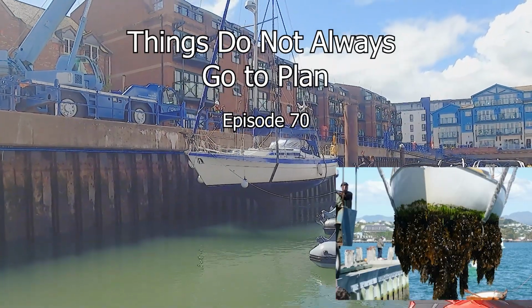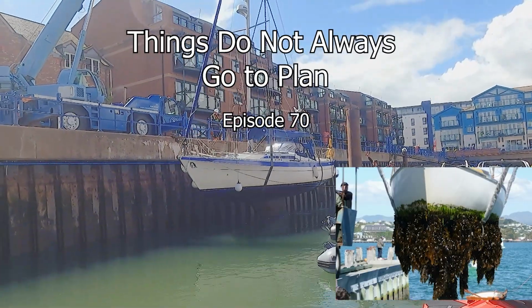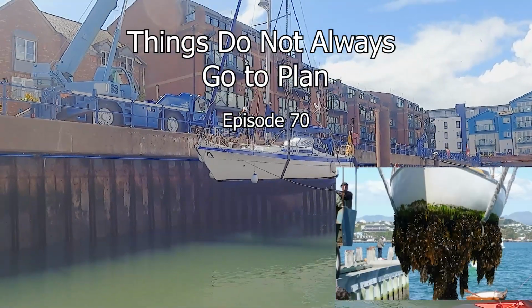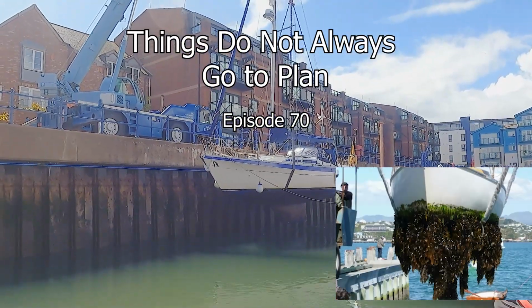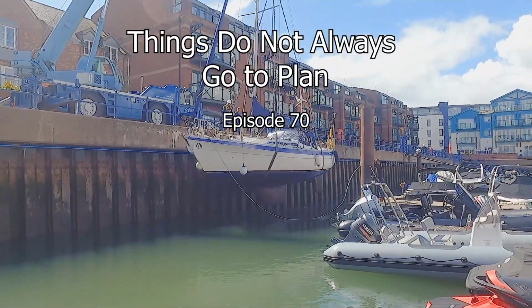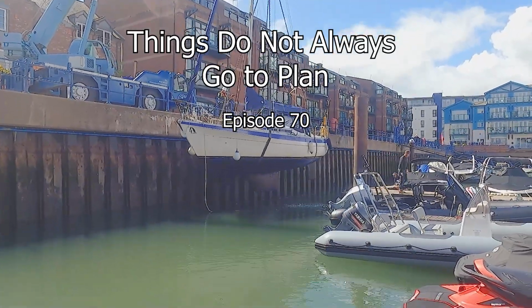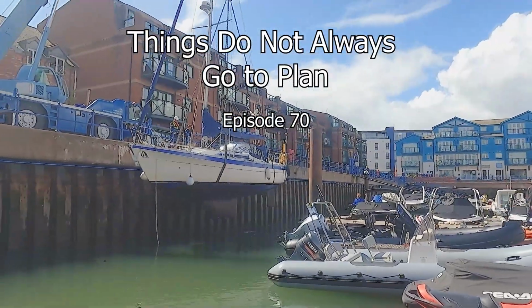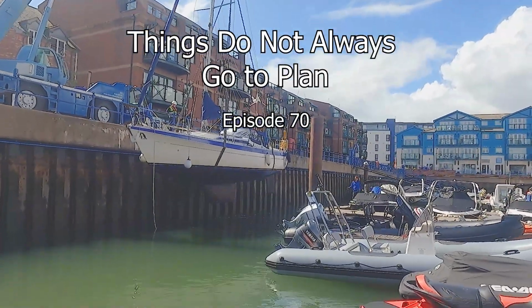Part of owning a boat means it's going to have to come out of the water at least once a year to get those dreaded barnacles off the bottom. One way to do this, of course, is to have it lifted out onto the dry and have it jet washed and cleaned, but this can be very expensive,